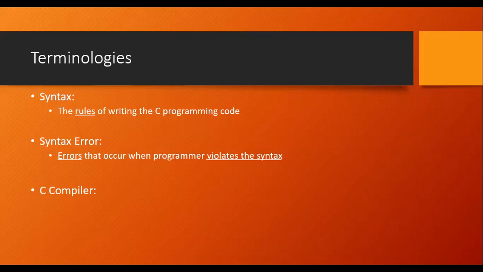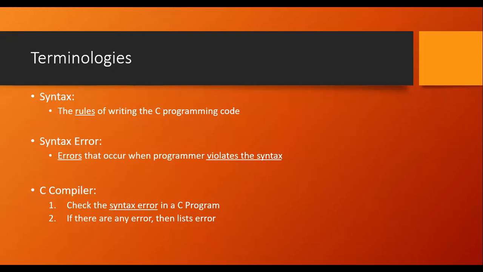So this task will be done by a particular software. We call it a compiler. In terms of C, we call it a C compiler. What will the C compiler do? There are various jobs that will be done by the compiler. First is that it will check whether there are any syntax errors or not. If there are syntax errors, then what has to be done? The programmer has to correct those particular errors. So in order to correct that, the compiler will give the list of errors. So on these particular line numbers, you have these mistakes, you have to correct them.